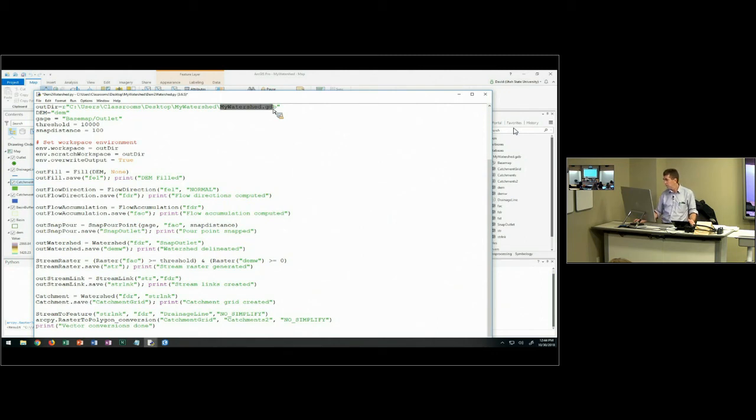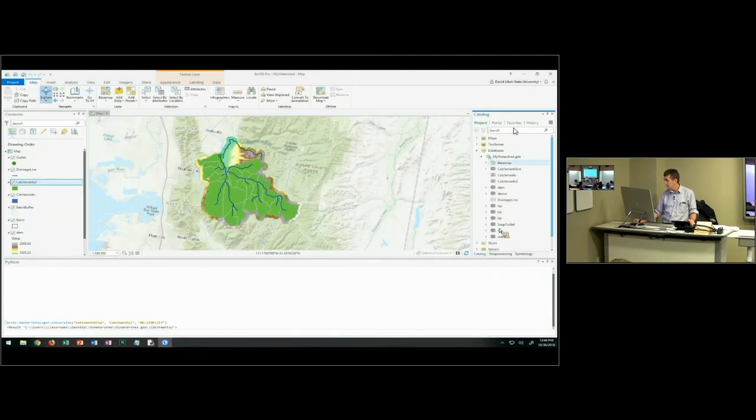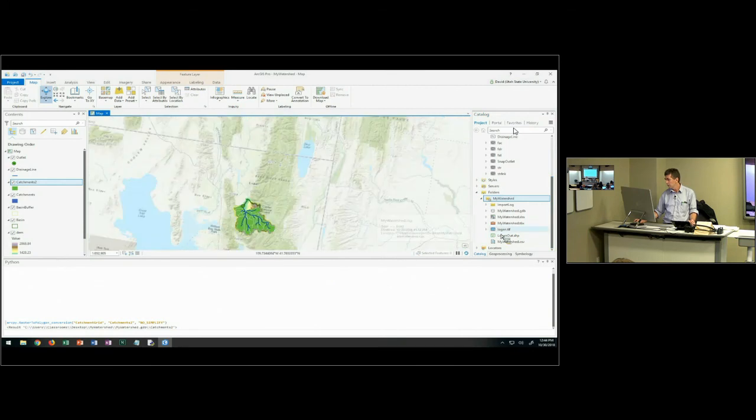You'll notice that in the folder I've been working in, I had a file, logan.tif, and a logan outlet shapefile, that is actually this area just to the north. If I add that to my map, there's the Logan digital elevation model. So maybe I want to use that same program to